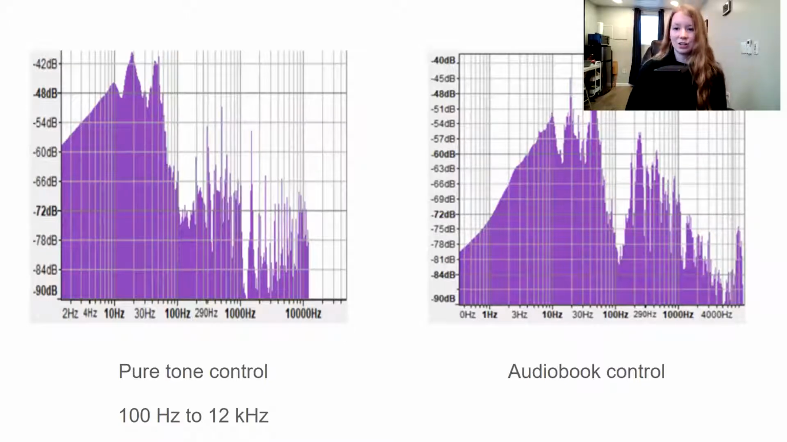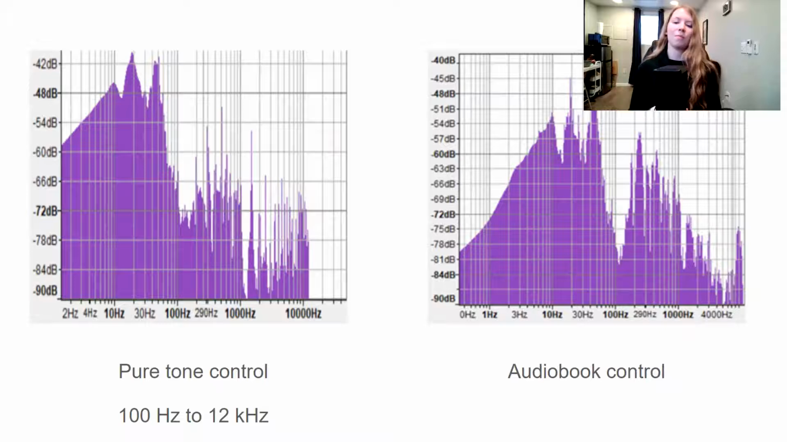To begin, I'd like to show you the plot frequency spectrograms. This is so you can see the frequency content of both of my audio samples. The pure tone control went from 100 hertz to 1,000 hertz in increments of 100 hertz, and then from 1,000 hertz to 12 kilohertz in increments of 500 hertz. So this was the pure tone control reading, and then the audiobook control reading over on the